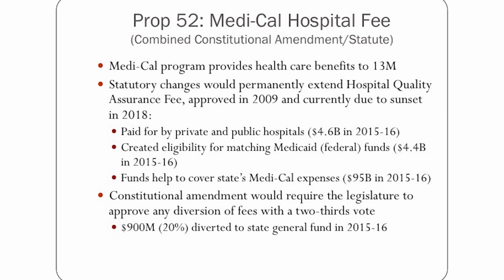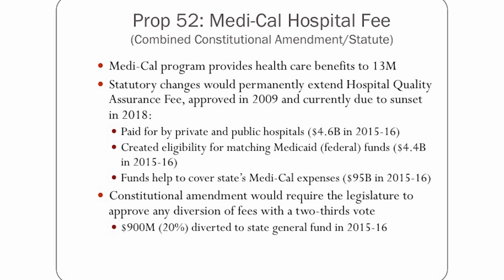In California, there's a 5-to-1 ratio, 5 private hospitals for every 1 public hospital. And combined, the fee generated $4.6 billion in this last fiscal year, 2015-16. We applied for matching funds at the federal level, and an additional $4.4 billion came in from the federal government. Now, the federal government reauthorizes its matching funds every 2 years, and so the current arrangement is set until 2018, and will have to be revoted on by Congress after the next election cycle has sat a new Congress.